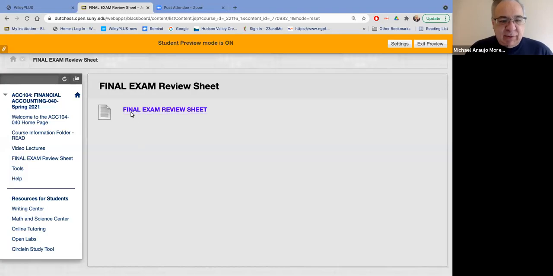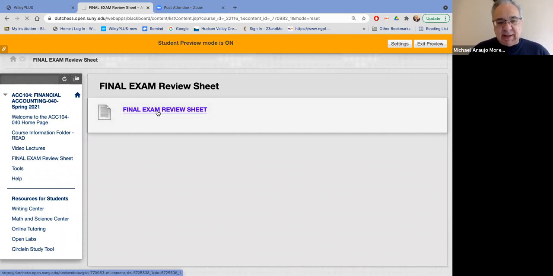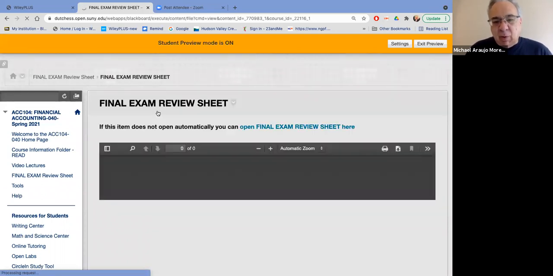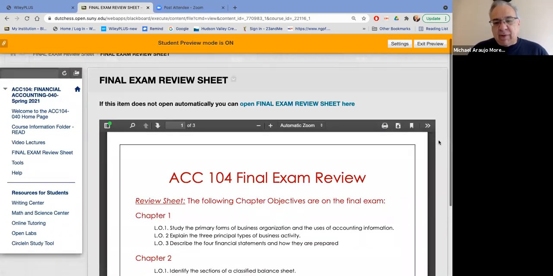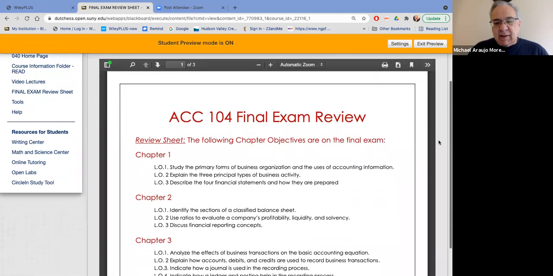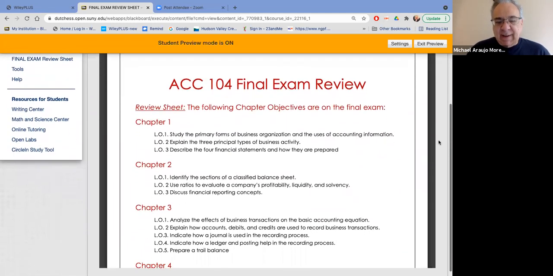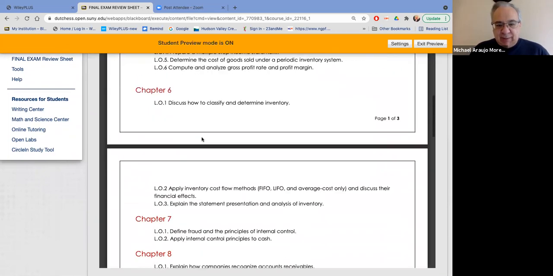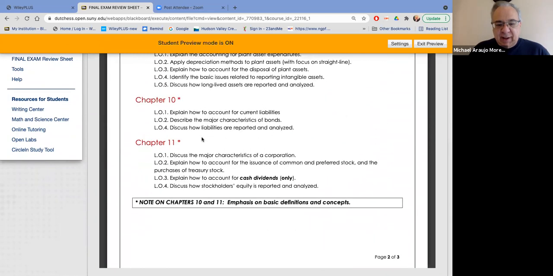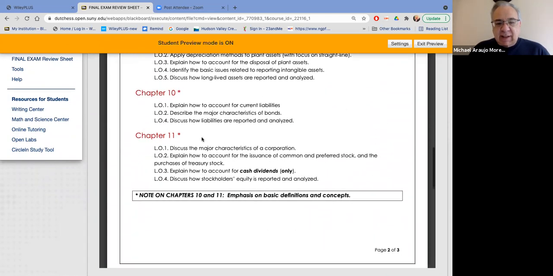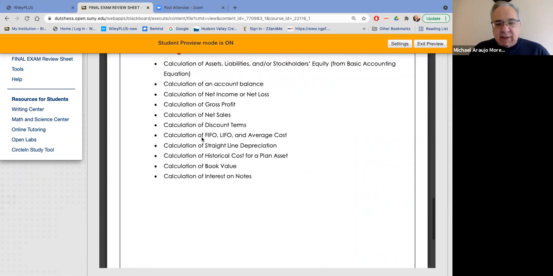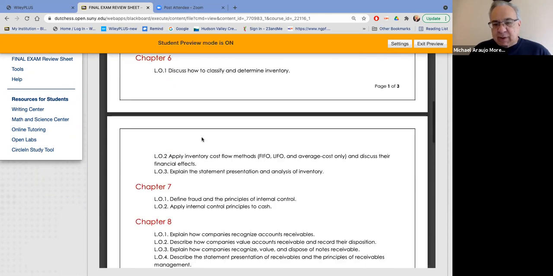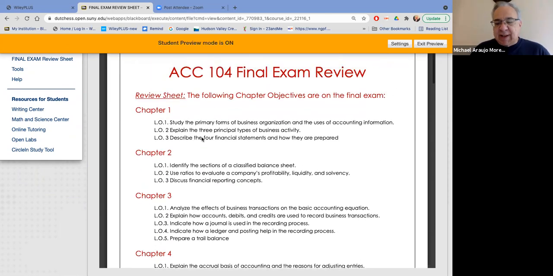So the final exam review sheet is just as it sounds. It's simply a summary of all of the information that we've covered in this class. Okay, so that's the purpose of it, to show you that we did 11 chapters, as you see, and we looked at several formulas that I've given you, so make sure you understand and have these